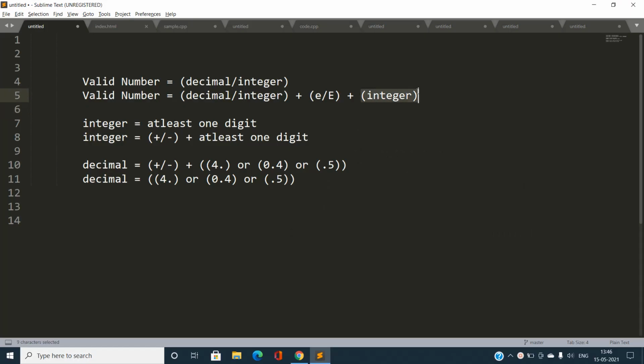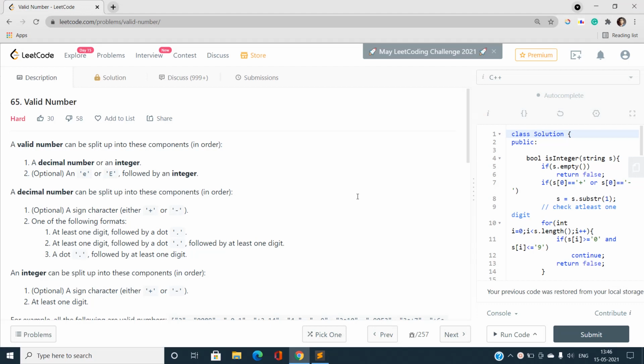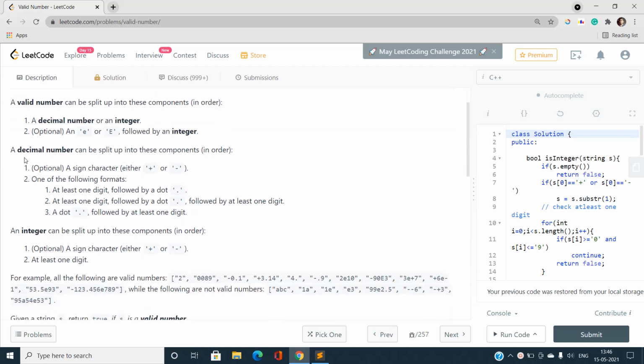I'm going to break these statements down in a simplified way so that it becomes easier to code and easier to understand. Whenever you understand the problem statement clearly, only then can you code it up as fast as possible. So the first thing while solving any problem should be understanding the problem statement in the best possible way. Let us move further and first describe the integer.